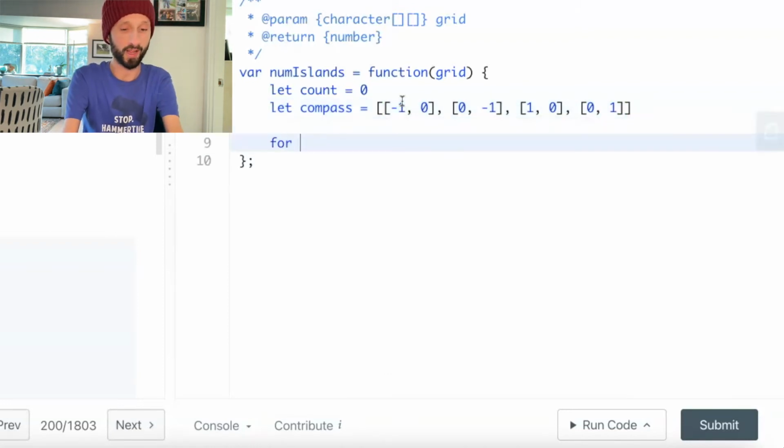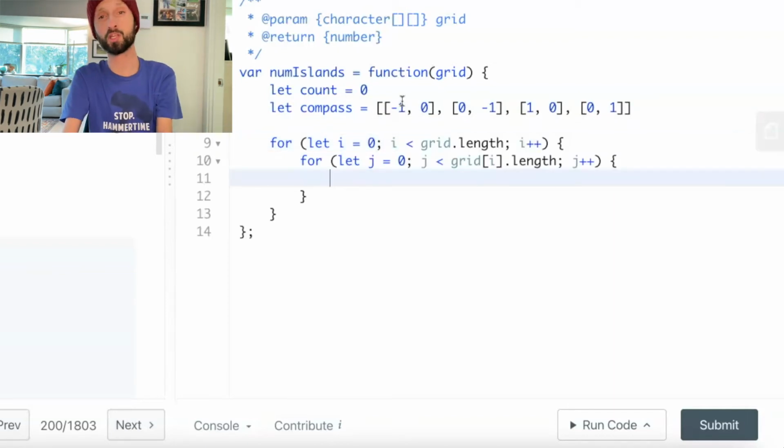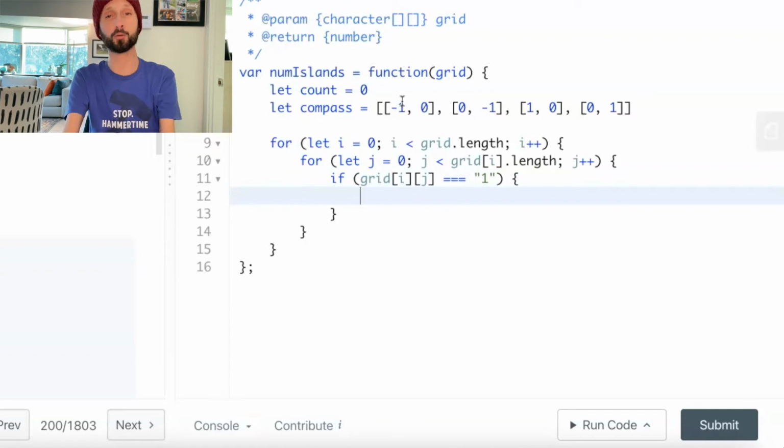Now, we have to simply loop over our grid, and as we go over the grid, I want to check if any of the boxes we hit are 1s. Or in other words, I want to check if any of the boxes we hit are lands. So if grid at i at j equals 1, well, what do we want to do? We want to, of course, increment our count, because that tells us we've hit an island, and we also want